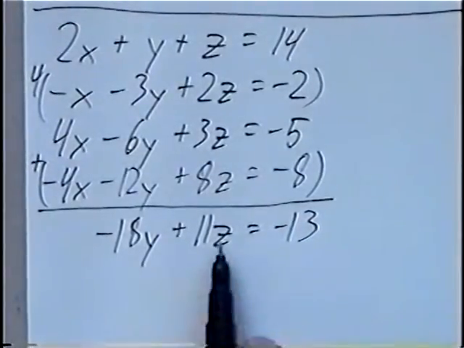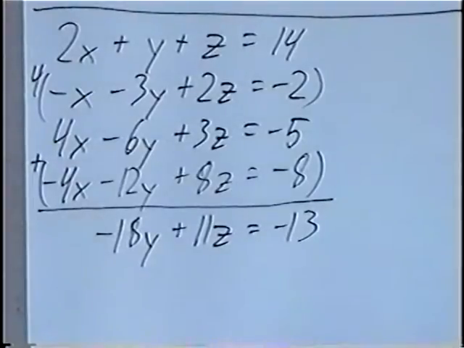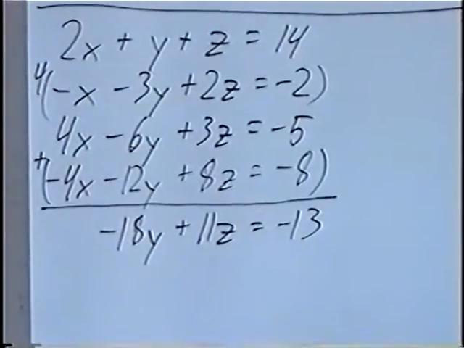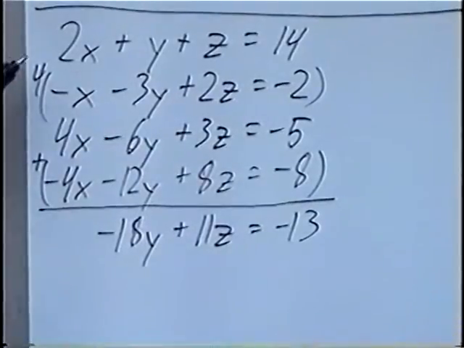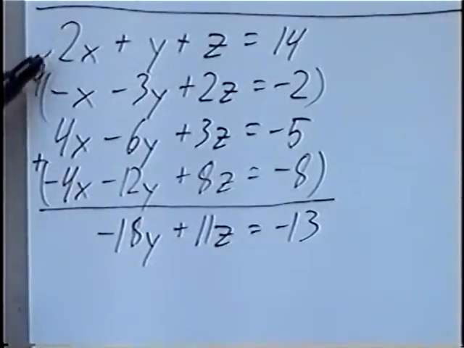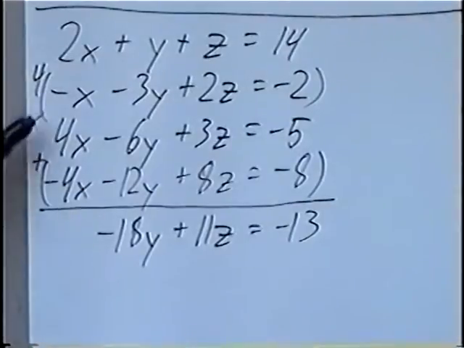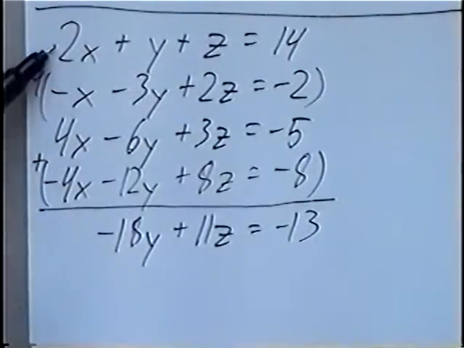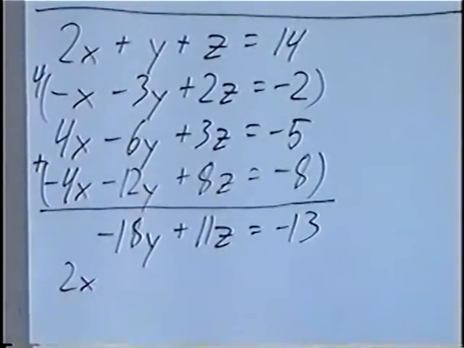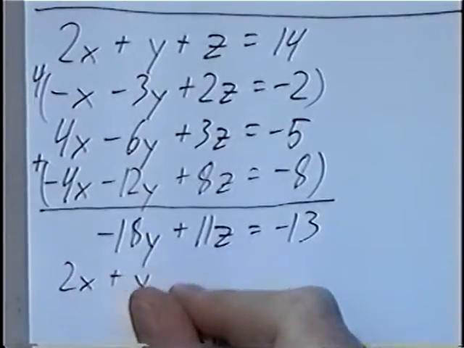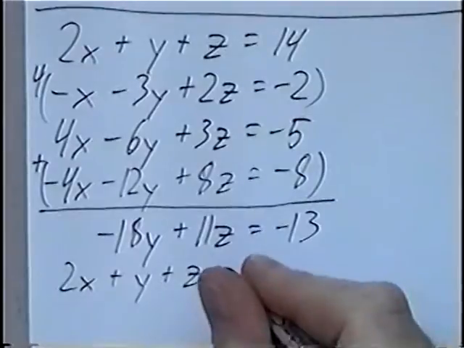Now we have one equation that has only two variables, y and z. Now what we can do is go back and use the very first equation, which we did not use, and use either of the other two equations to eliminate that same variable, which will eliminate x. For example, if we rewrite the first equation, 2x plus y plus z equals 14,